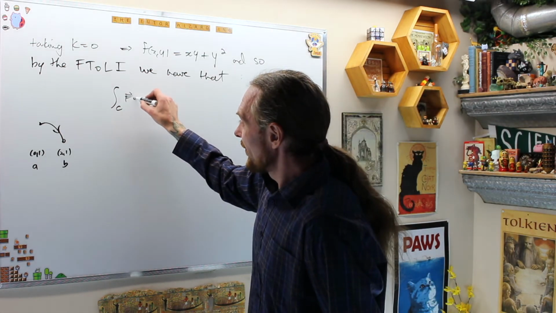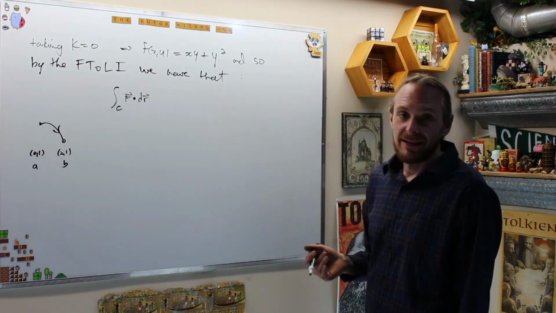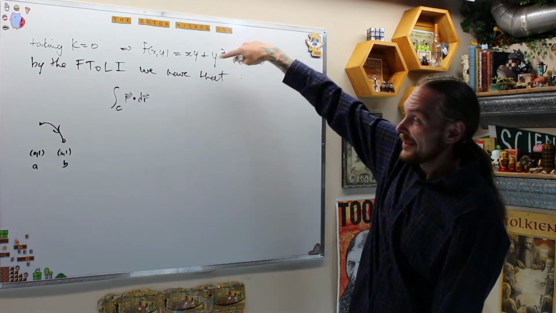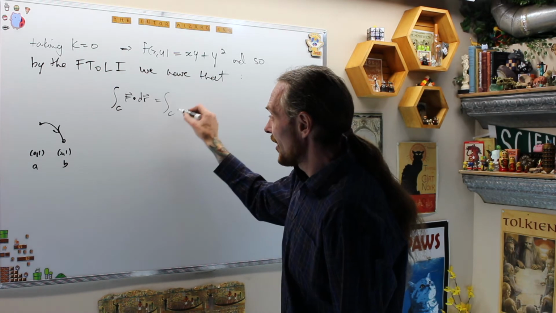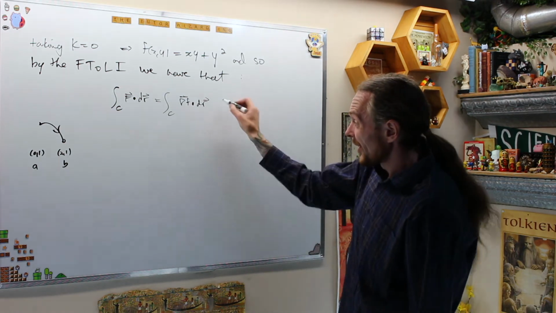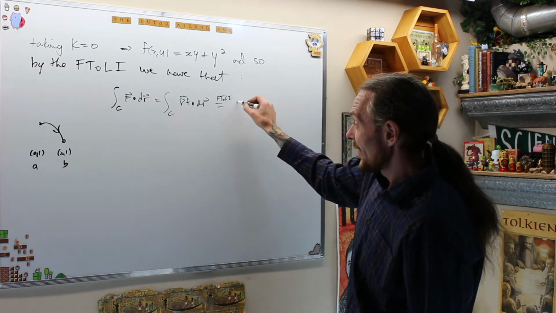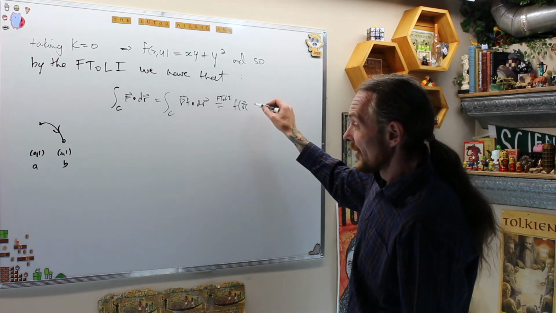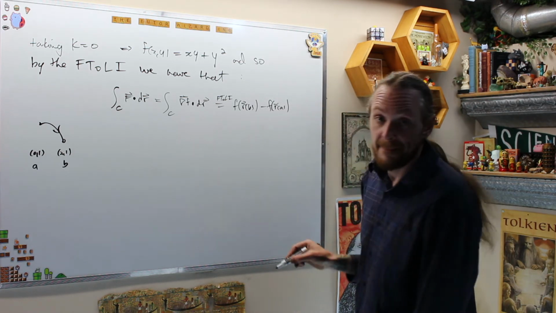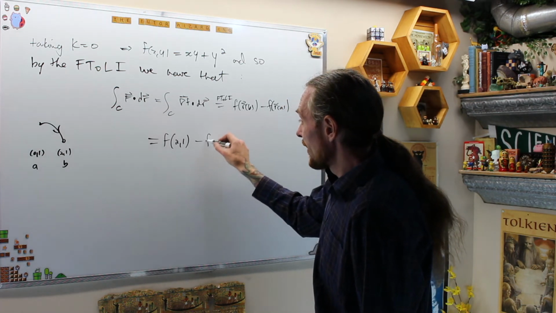The line integral of F dot dr. We now have viewed F as the gradient of little f. What that tells me is I can view this now as the integral of the gradient of f dot dr. And then the fundamental theorem of calculus, or of line integrals, now gives me f of r of b minus f of r of a, which is going to be f of (2, 1) minus f of (0,